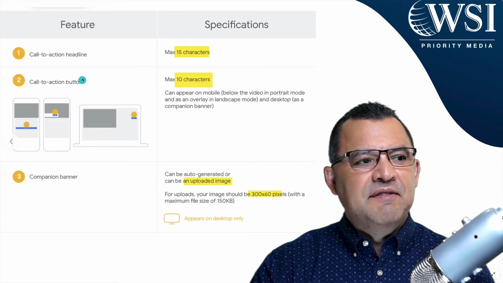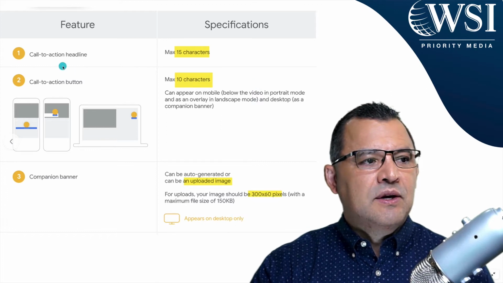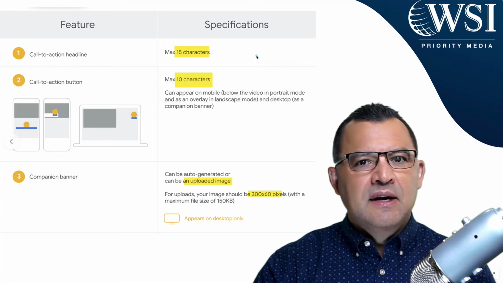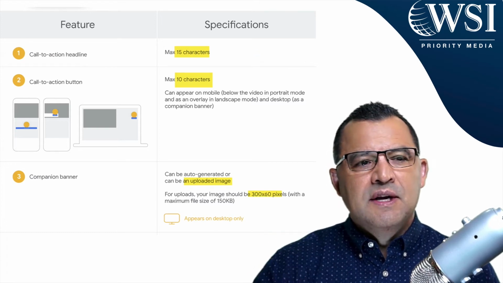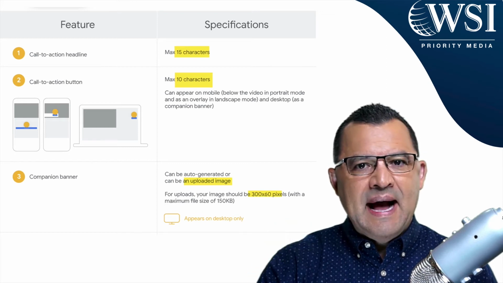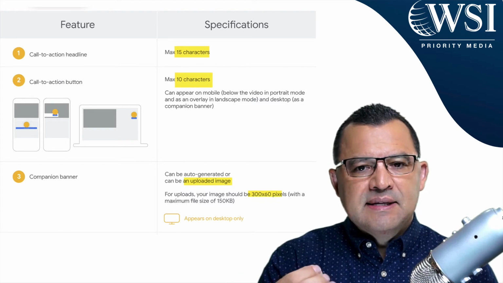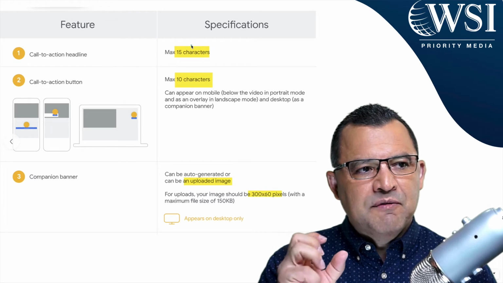And so there's 5 different features and specifications that I want to point out to you. When you're creating your ad, your call to action, you've got a maximum of 15 characters on that. So really play with that. 15 characters, you're going to find doesn't go very long. So you want to make sure that that call to action, learn more, shop, buy now, whatever that is, give it some really good thought so that you're able to get a nice, powerful call to action.